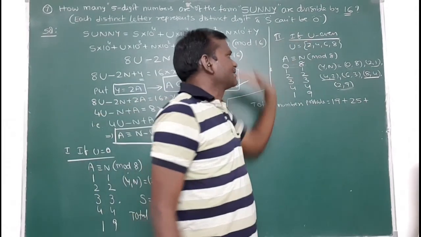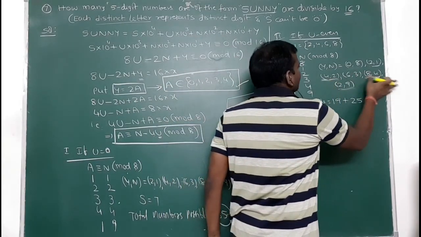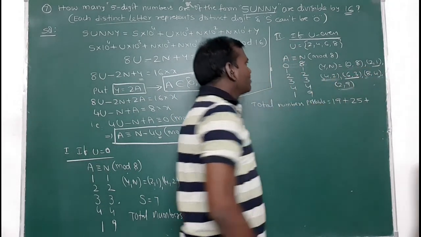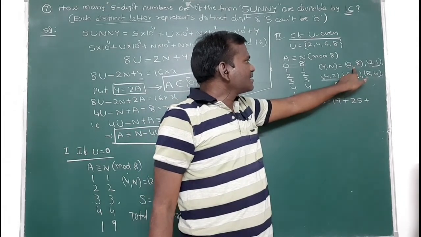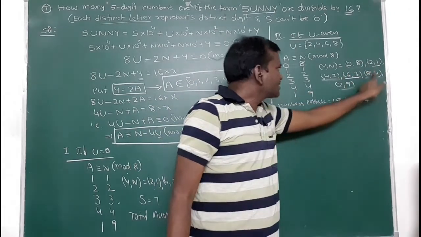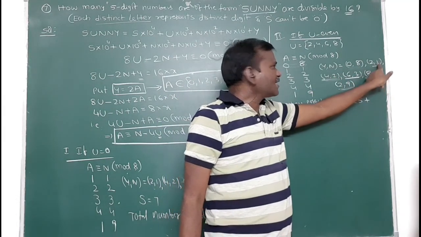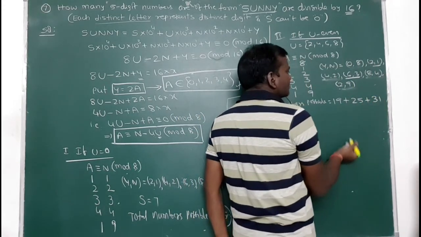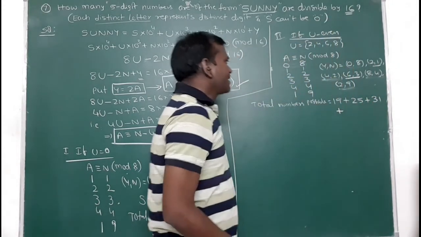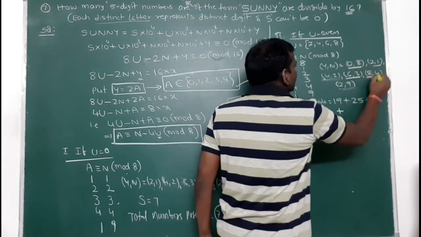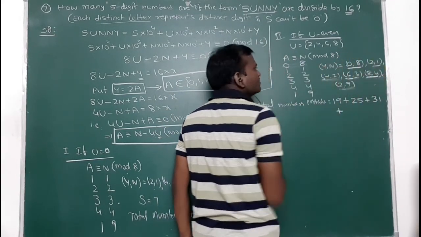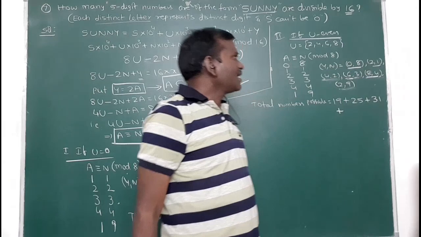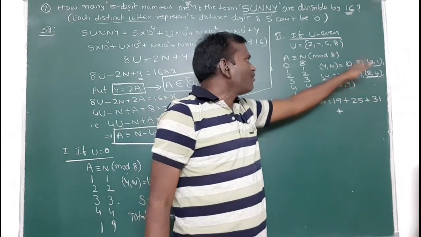If u is equal to 6, then this is not possible here. Why? Because 6 is already there. So count the digits here. Here 0 is there, that's why 7 possibilities, 6 possibilities, 6, 6, 6. So 6 fours are 24, 24 plus 7, 31 possibilities. 31 different numbers are possible. And if u is equal to 8, then these two are not possible here. So 1, 2, 3, 4. Here 0 is not there in any of the coordinates, so the ordered pairs: 4 times 6 is 24.